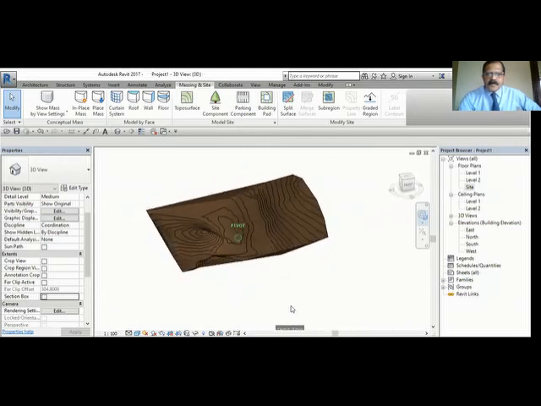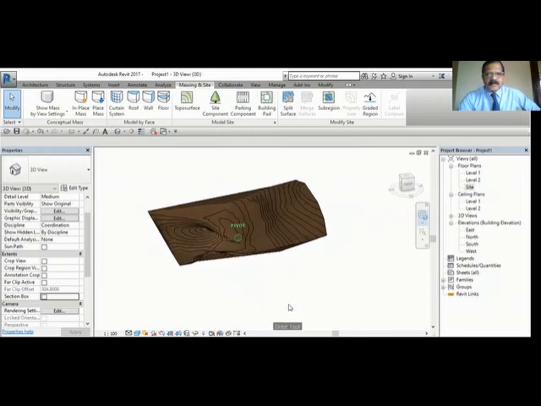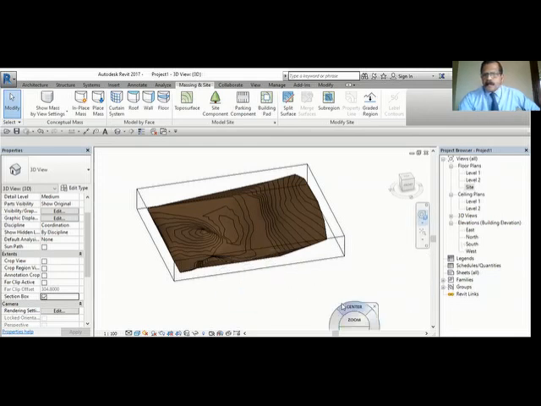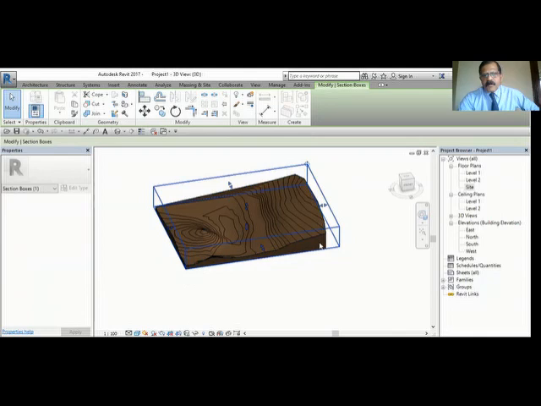Okay, so that's how you do the topo surface if you have an image. So based on that one, you have to draw. I hope it's clear. This also you can cut and check how you can section box you can on. You can select this and cut and check. See how it is coming, going up and down. You can go to elevation also, you can check this profile, you can see. If you go to elevation and check.